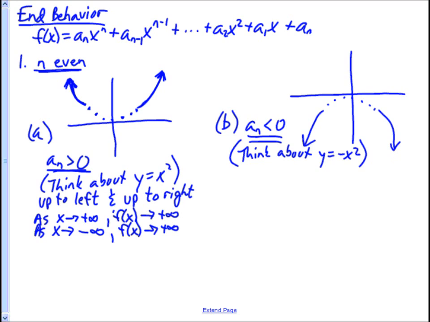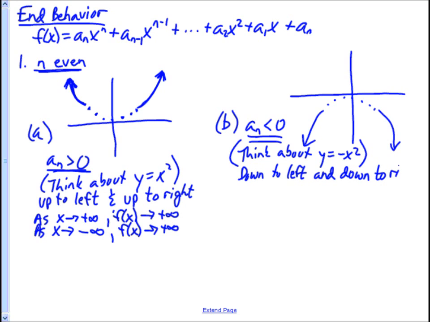You notice on negative x squared, your degree is 2 there, and you see that negative 1 in front, that coefficient. So the degree is even. If the degree of any polynomial in that first term is even and the leading coefficient is negative, it's going to go down to the left and down